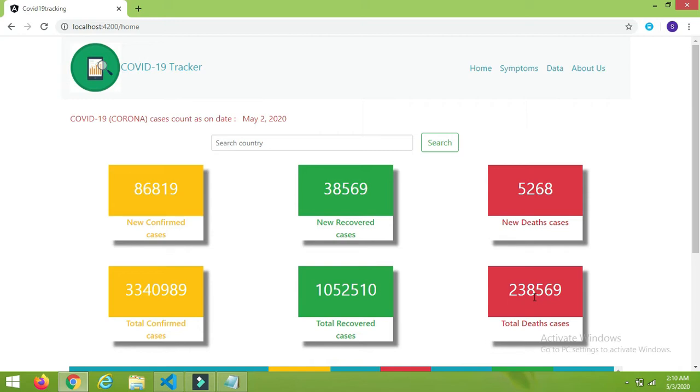So the whole screen is divided into 12 parts. Suppose on the first line I want to display these three panels or three grids, 1, 2 and 3. So this will be one single row and this single row will be divided into 12 parts. I will take this one as 3 parts, then again 3 parts and then again 3 parts, right?